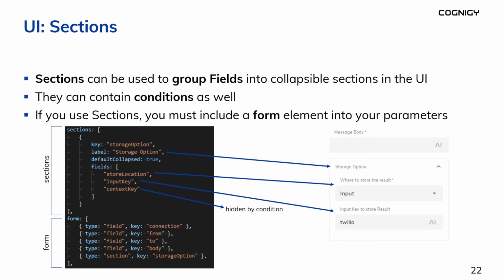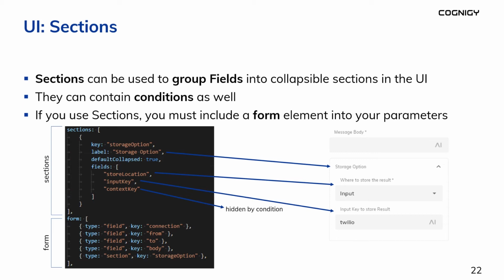And if you use sections, you have to use a special element which is called form. So you're adding a sections definition into your definitions, into the parameters of the create node descriptor. But you're not just adding the sections which contain the fields, but you're also adding a form element below that, which defines how to present that form in the node editor. You do not require this if you only have fields that you just want to show, but if you have fields and sections, and if you want to determine the order of how things are showing up, you need to use that form field.